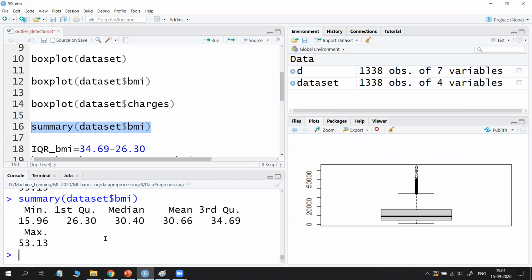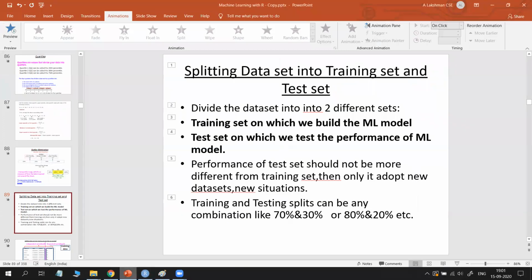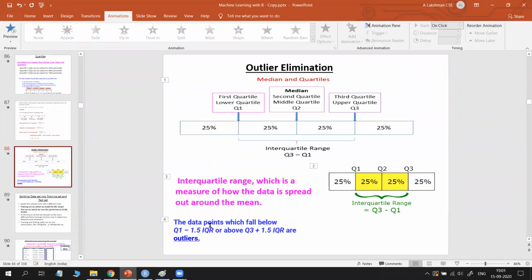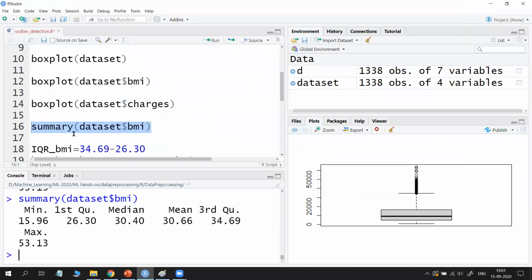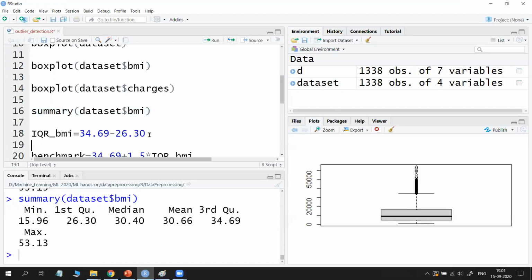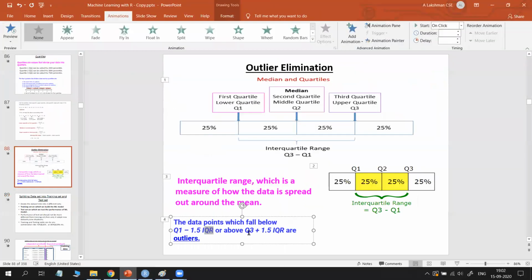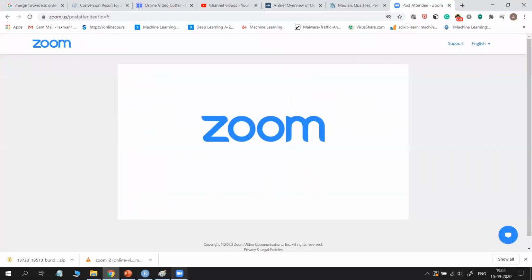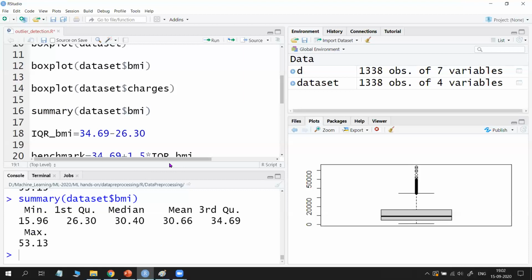So now what is the interquartile range? In the formula we are using IQR. So how to get IQR? It is very simple. IQR is equal to Q3 minus Q1. As you already know the values of Q3 and Q1, here Q3 is 34.69, the third quartile, minus Q1, which is 26.30.